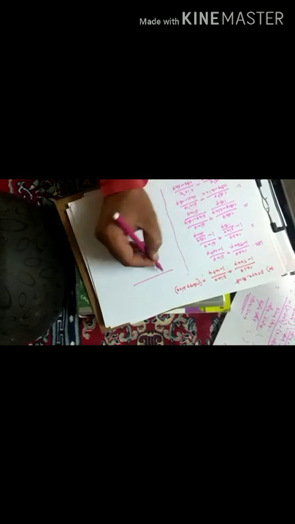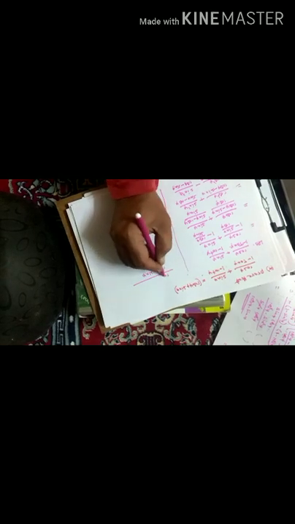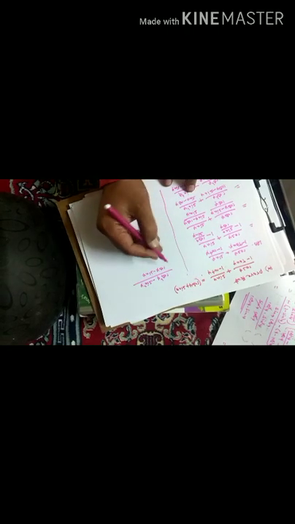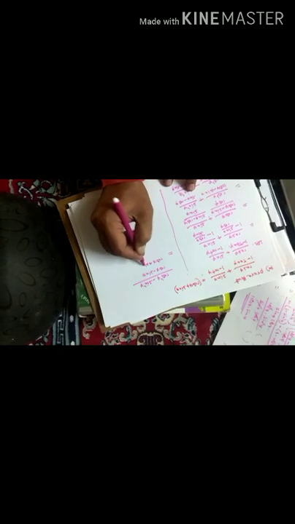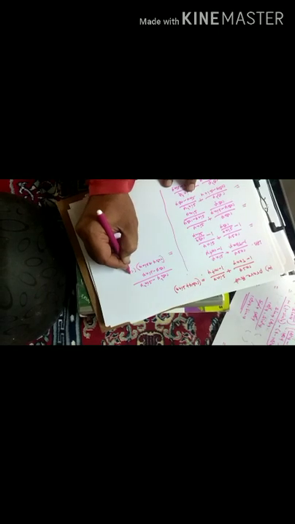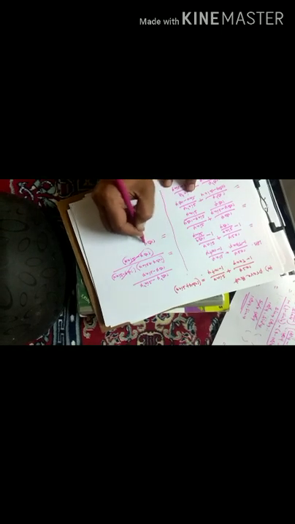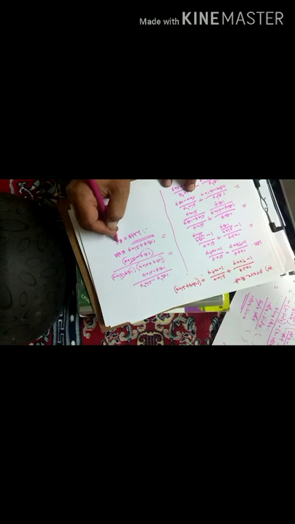The next step: if you go for LCM, both denominators are equal, cos theta minus sin theta. The top one you will get as cos square theta minus sin square theta. This is in the form of a square minus b square, therefore cos theta plus sin theta of cos theta minus sin theta by cos theta minus sin theta. So these two will be cancelled. What you will get is cos theta plus sin theta. So this value is RHS. Therefore LHS is equal to RHS.